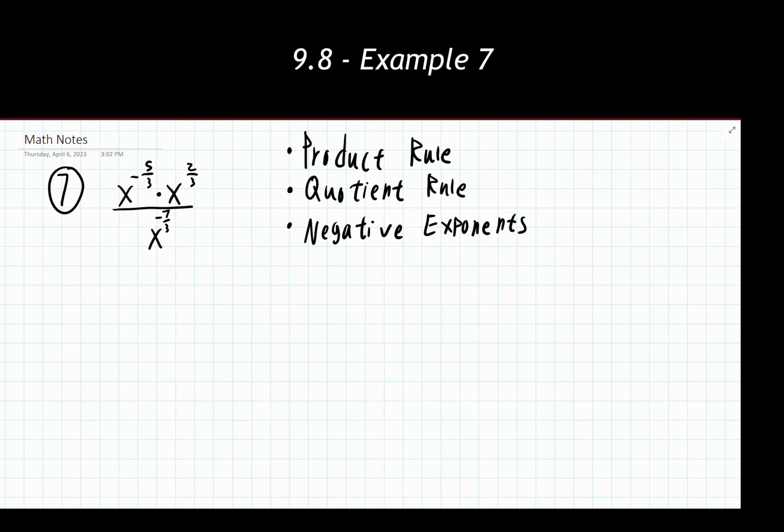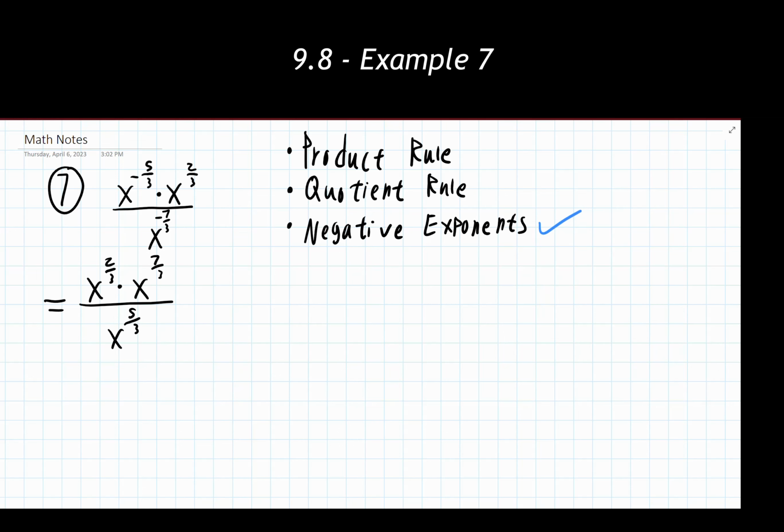So when I rewrite this, the only change that's happening is I'm now going to have x to the 2/3 power times x to the 7/3 power in the numerator spot. And I'm going to have x to the 5/3 power in the denominator spot. I just changed my negative exponent here and here, and just changed where they were in the fraction. So now the negative exponents we have here, done, taken care of.